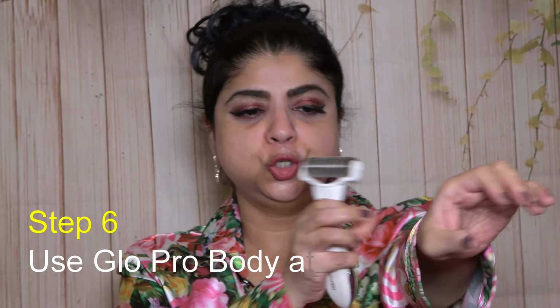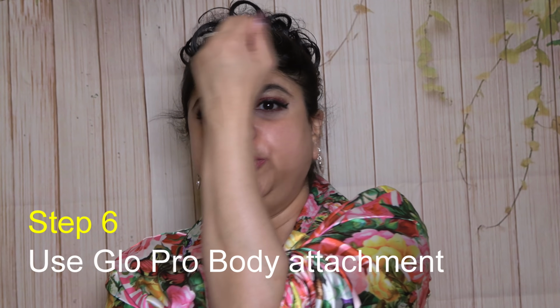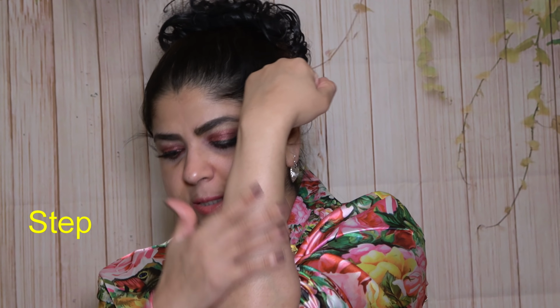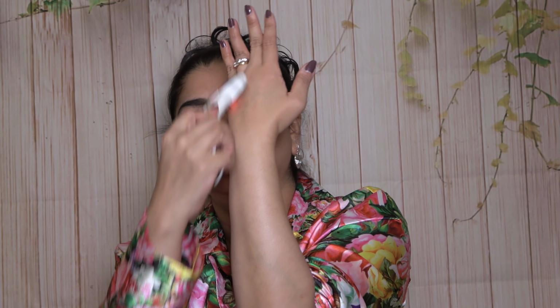So I have done that process. This is the attachment that I was using. I'm just going to press here and it comes out, and I'm going to use this attachment to show you guys how it can be used for your hand. This is my hand right here, as you can see, and I have already cleansed it with the alcohol pad. Now I'm going to put it on, and I'm going to cause vertical,